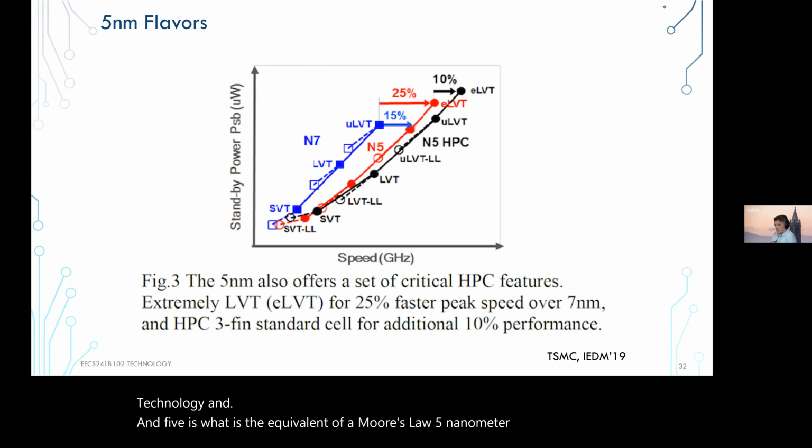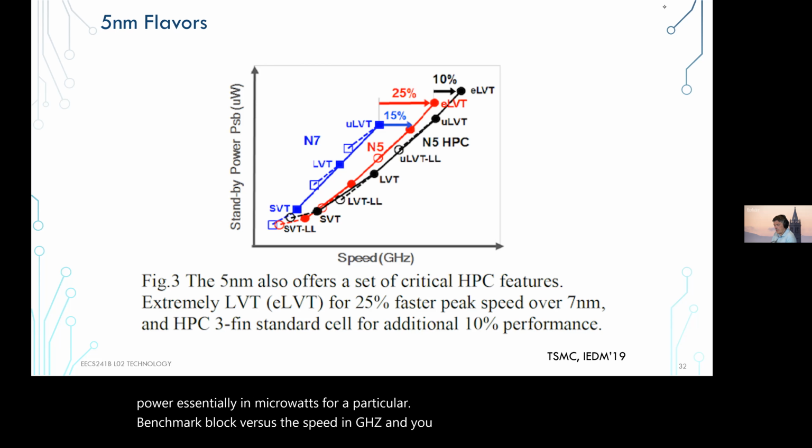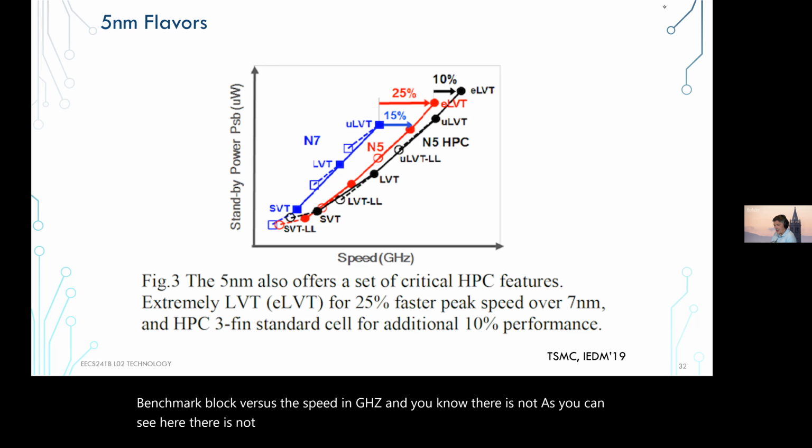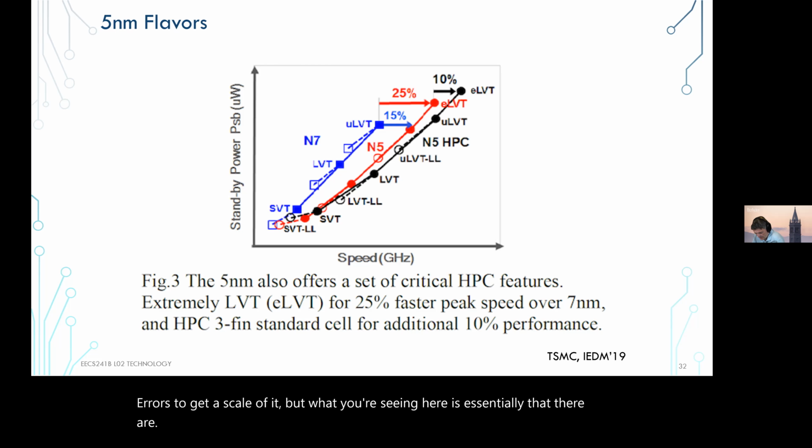What you're seeing here is a plot of the standby power, which is essentially the leakage power in microwatts for a particular benchmark block, versus the speed in gigahertz. These are unlabeled graphs, and there is not even an order of magnitude on them. You can compare to these 25 and 15% errors to get a sense of scale. But what you're seeing here is essentially that there are so many different